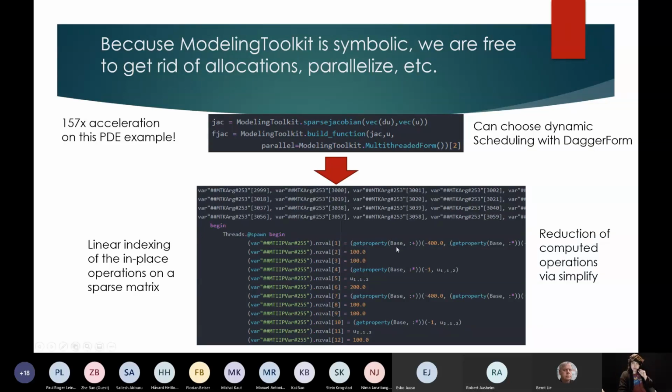And then here you can see the code that it generates, and it generates code that is walking linearly through the non-zeros of the Jacobian, filling in the Jacobian pieces, spawning threads for these given areas. And so what a lot of the Julia Lab is working on right now is dynamic schedulers and ways to do this very efficiently over clusters, so that you can take a numerical code that you've written, and we can automatically put it into this declarative library and reformulate your code, so we can automatically give you back a parallel form of that code, or we can also derive Jacobians of that code, sparse Jacobians.